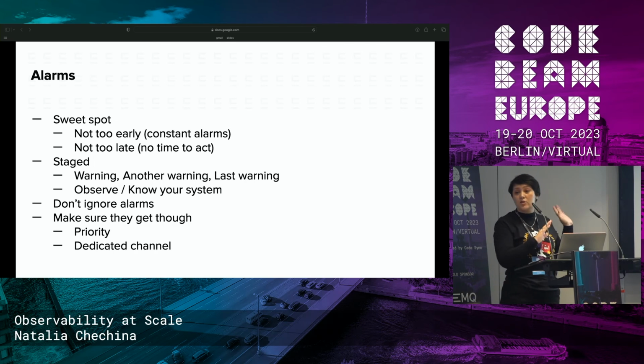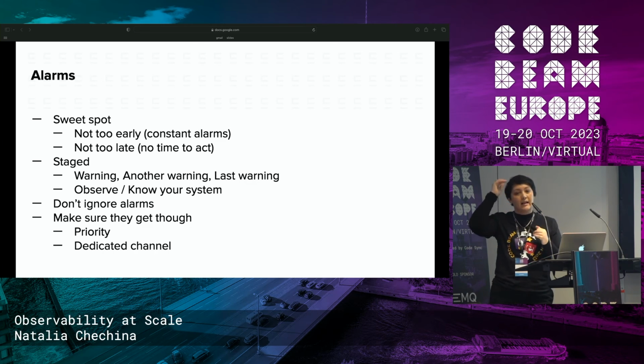Too high, well, it's too late, right? The only thing they will tell you is, well, the system crashed, but you can see it yourself, right? What's the point? So just practice, see where you put the alarms. Staged, right? If you think about memory, think like having 60% memory usage, the first warning, second warning, and the third one, so that you are warned, but keep an eye on them.